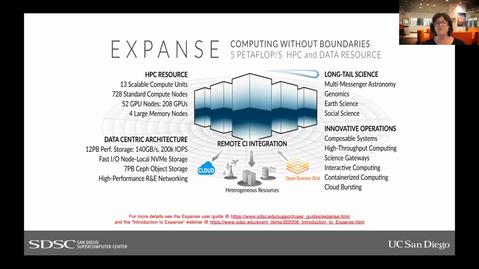So with that, I'll give you just a quick look. This is Expanse, and it's located at SDSC. That's the main lobby, which next year you'd be able to see if we were in person. So Expanse has 13 scalable compute units, and these are unique because they're designed to conduct both CPU and GPU work, and store some data, all on one rack, so you have high-speed communication. So it's got CPU, GPU, and large parallel file storage systems with a high-speed network, and it's designed for what we call the long tail of science,